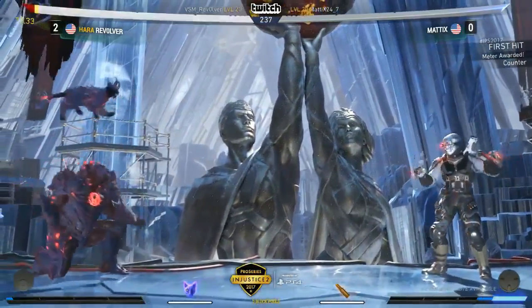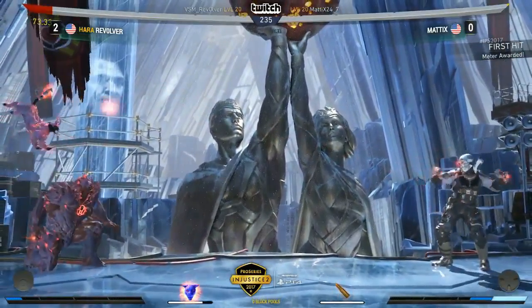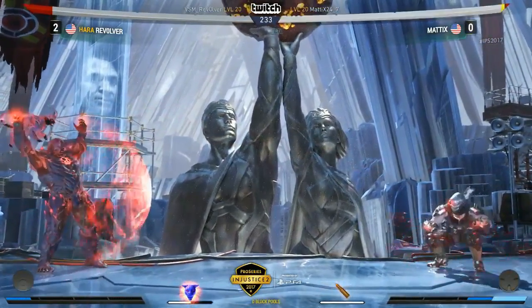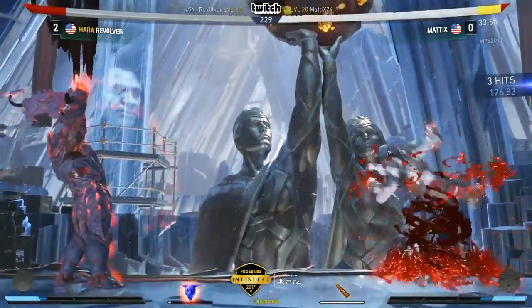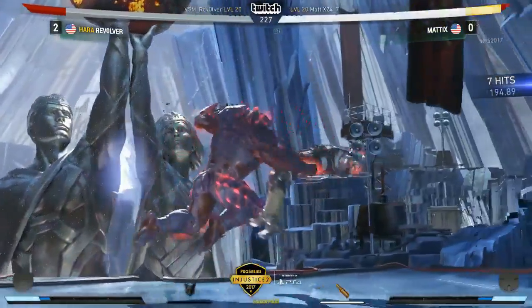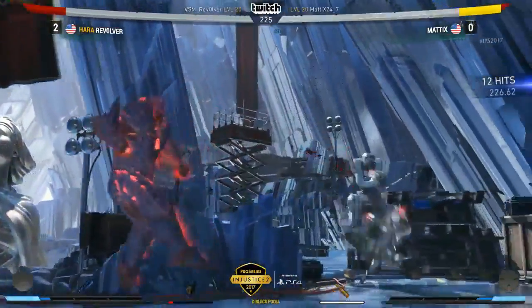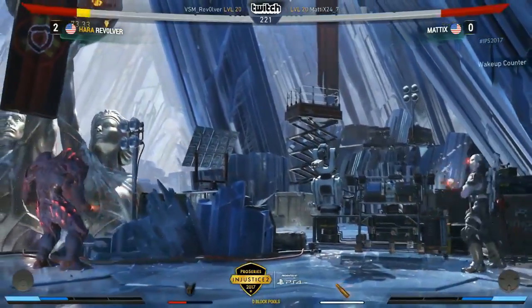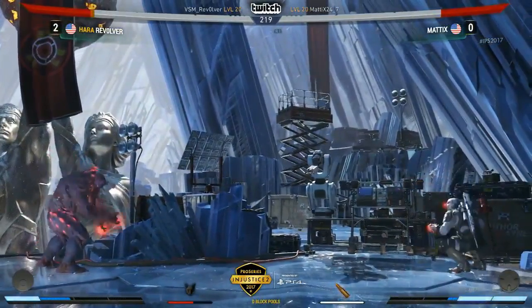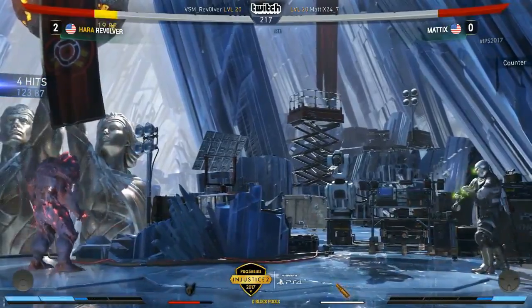And that was the second time I've seen that exact same ending. It was a very awkward situation for Mattix to be able to close that out, which is why Revolver ended up winning with the super. I mean, even if he'd swung into the super, he probably would not have had the life to absorb. The only difference was there was no super at the end. Right, I think, just hit him with something. But yeah, that was literally exactly what I saw, and I had to mention that because that was a very